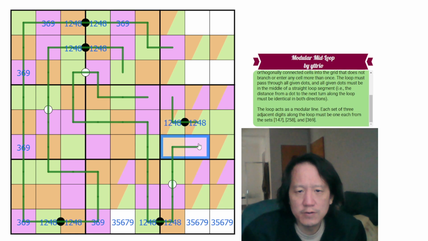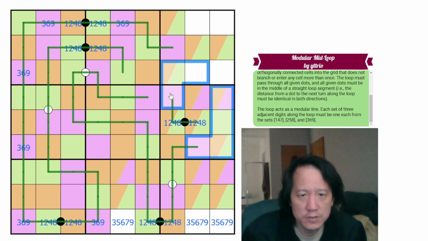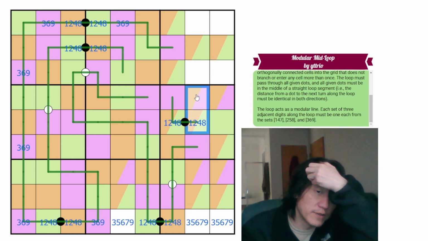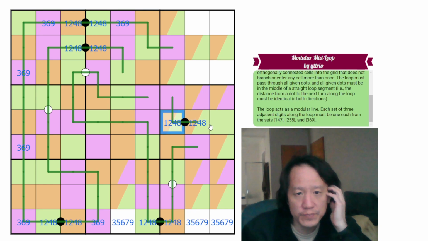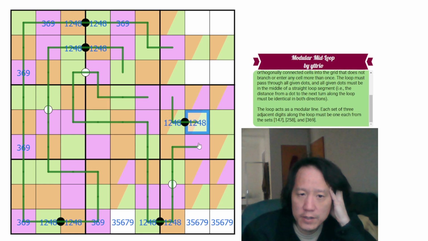What about this spot? How does this connect to here? It cannot connect to this part, right? Because if it connected this way, that would block this. So it must connect to this part, right? And therefore it goes pink, green, orange. So this has to be specifically green, orange, pink, right? So this cannot be orange. This is green. This can't be green then. This is orange. So it has to be green, orange, pink, which means it has to go